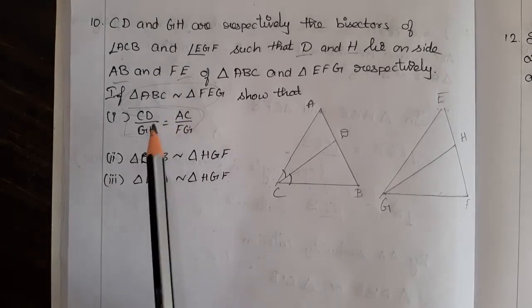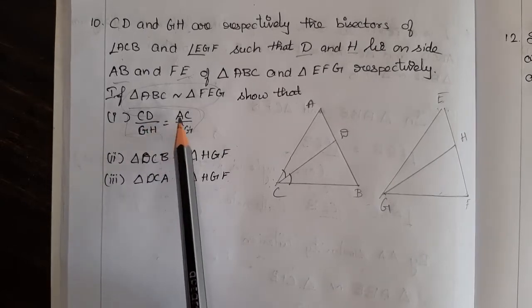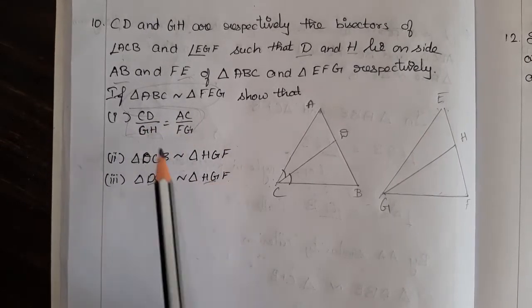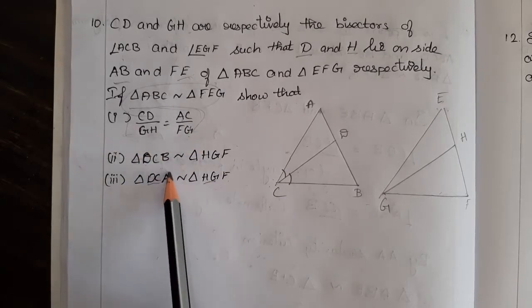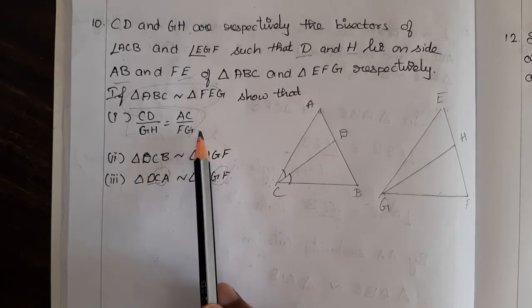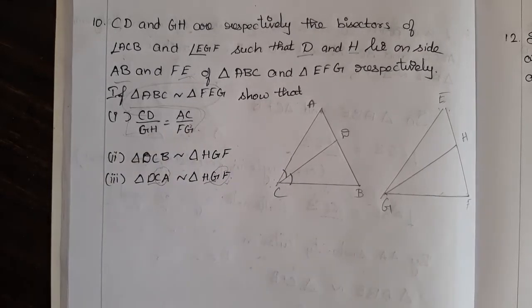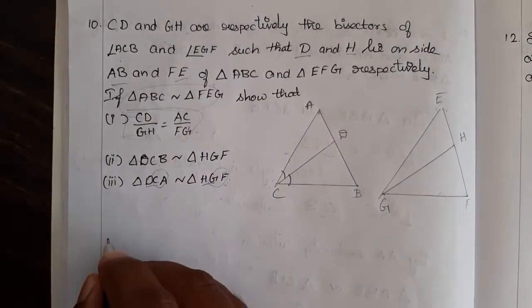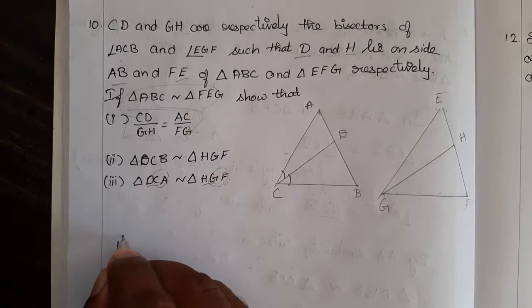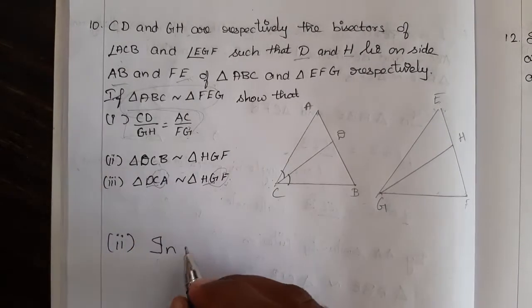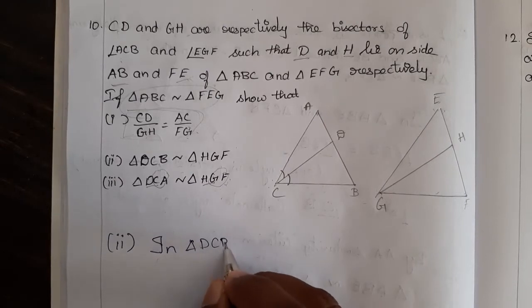proportion, right? CD, GH, AC and FG come under these triangles. So if you prove this, then easily we can say that if it is similar, then the ratios are equal. So let me first prove the rest of the thing. First I am going to prove the second one. Which two triangles are we comparing here? Triangle DCB and